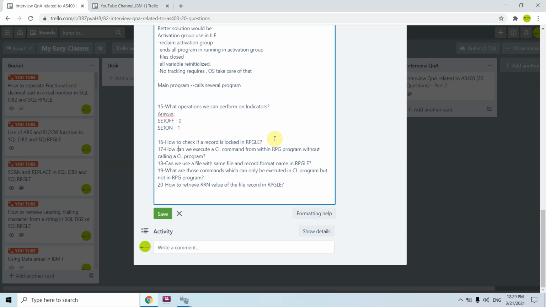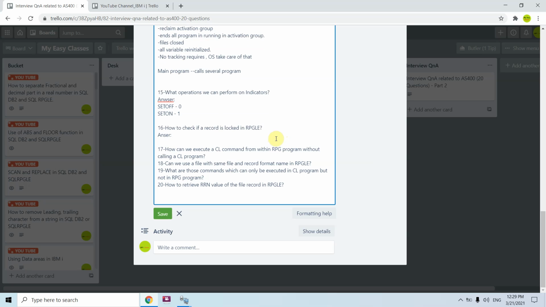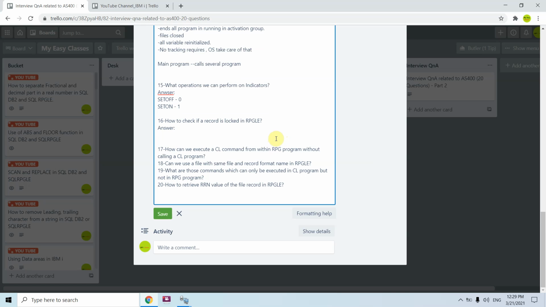How to check if a record is locked in RPGLE? So in the file information data structure we have the *STATUS field in that DS, which tells us if the record is locked by another user or another process.